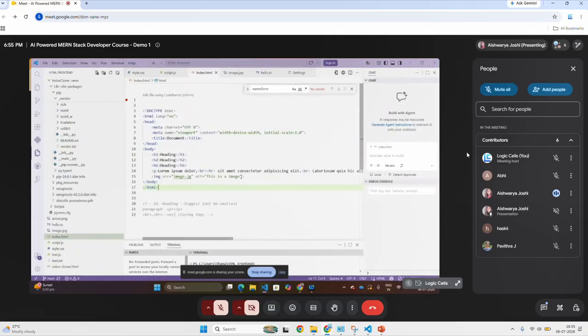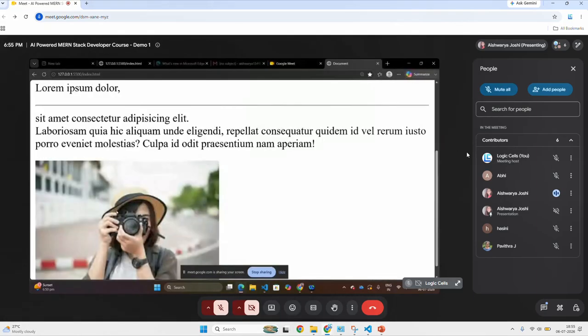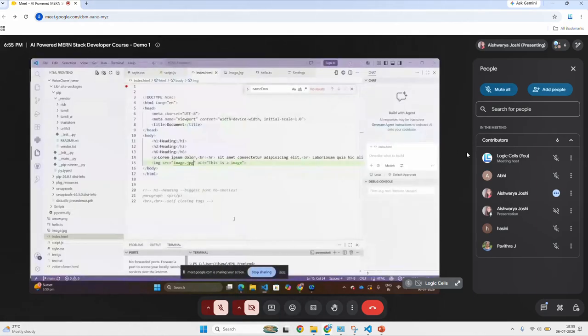With the image tag, you can add any images you want, be it in JPG format or PNG format. As of now, SVG you cannot add here. It is a different set wherein we can add the SVG. Always, when you are adding the image link, make sure you give the correct link. Otherwise, your image won't be displayed.